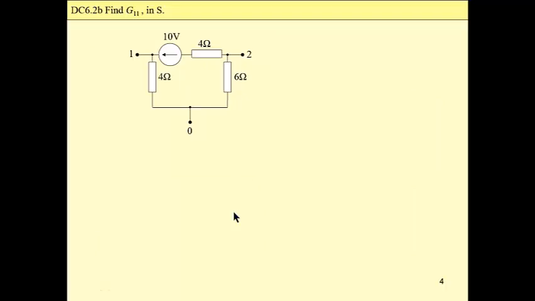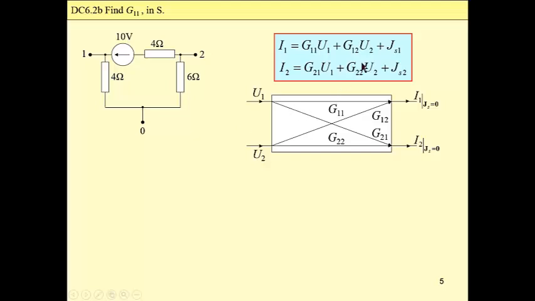Now, nearly the same circuit as before. The only difference is that now we have this resistance here, and our task is to find a conductance G11. This is a conductance as seen between 1 and 0 for 2 shorted with 0. Then, at first, we have to recall this formula that relates